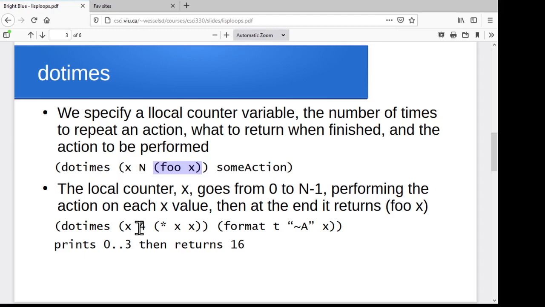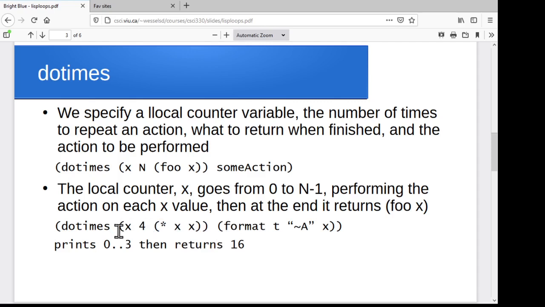So if I want X to be my current counter, the current iteration, and I want 4 cycles of this, and each time through I want to print X, and when it's all done, I want to return the square of whatever the last X value is,